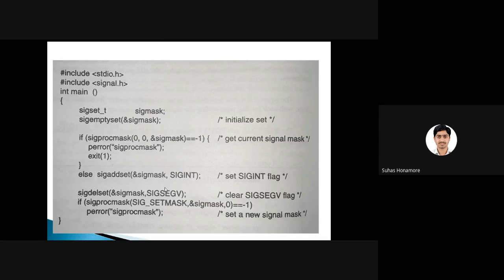Okay, and one more API will come, that is sigpending. This will help us to see any pending signals. If there is an error and you are getting the same signal continuously, repeatedly multiple times, it will try to avoid that. You may not take care of all the instances, only one instance of that signal you can take care of. So for that purpose sigpending will also be used.